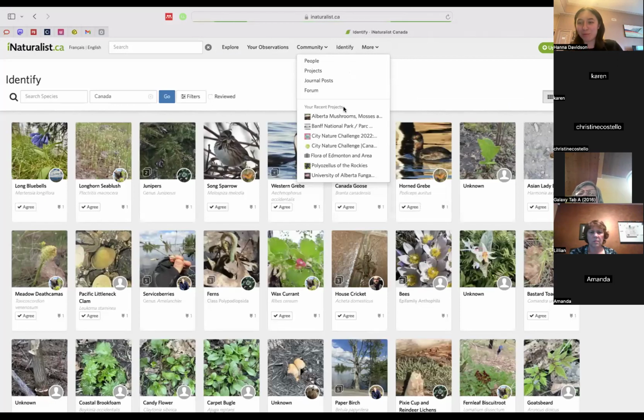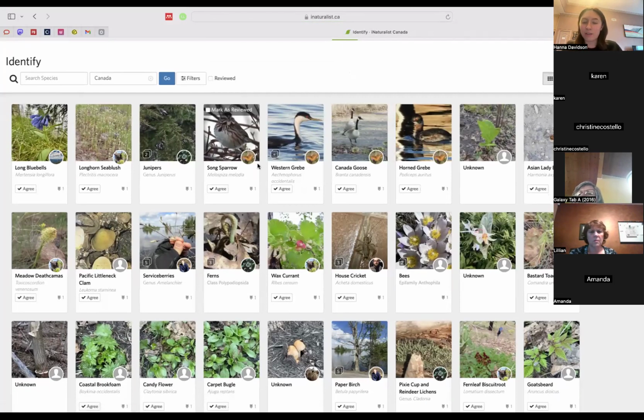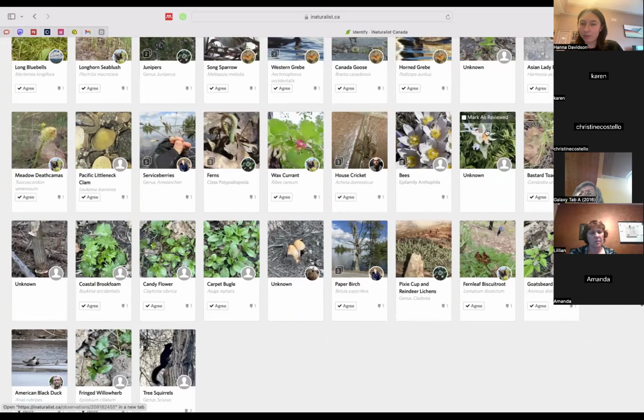All right, the identify tab works, so let's go there. What we can do is this, again, is every observation that hasn't been fact-checked by someone. So if someone uploaded it and nobody helped them, that's where it's living. Let's look at this one right here, this unknown little flower. When you tag something only as unknown, it will not come up for anyone who's looking for something specific.